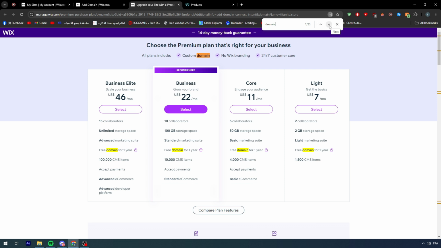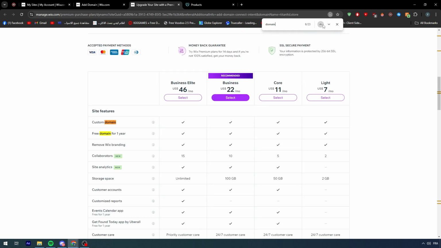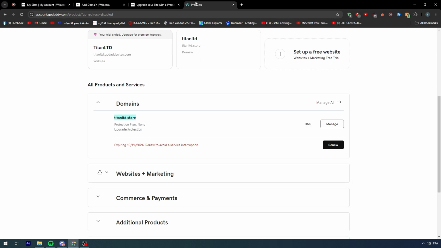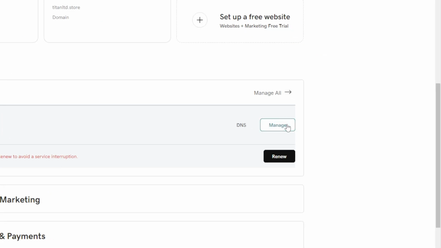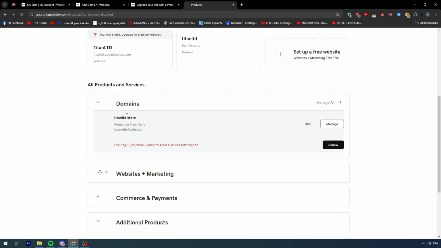Let's go down here. Yeah, here it is. So custom domain is in all of them, so you can go for Light, it's pretty good. So the next thing is to go to Manage, and from here you will open basically the dashboard